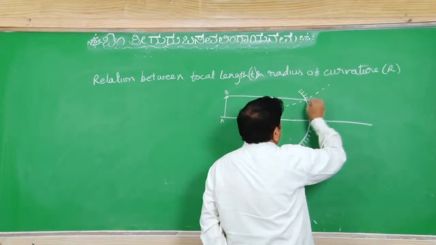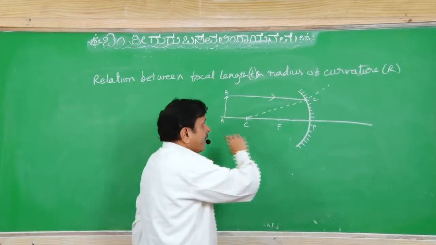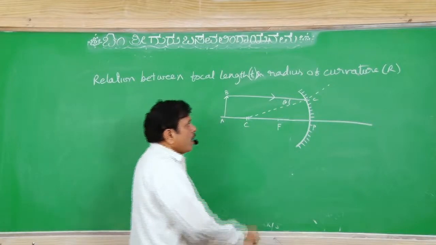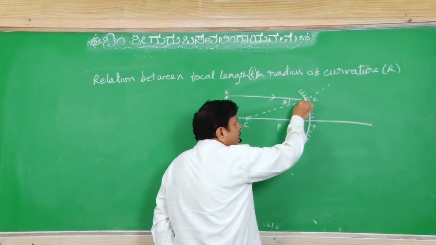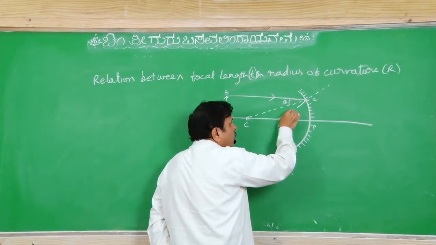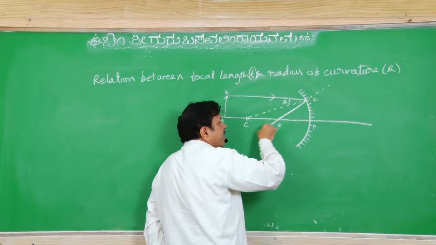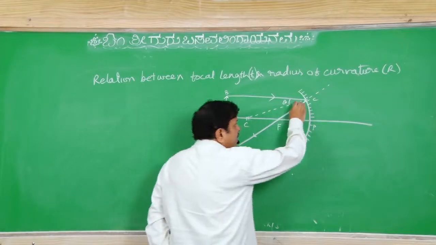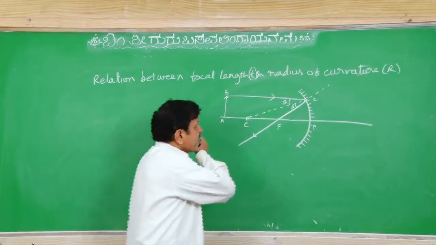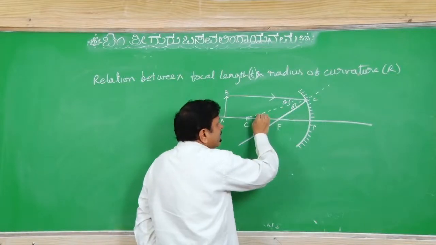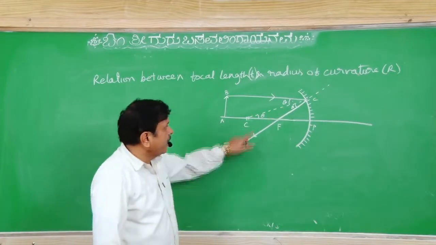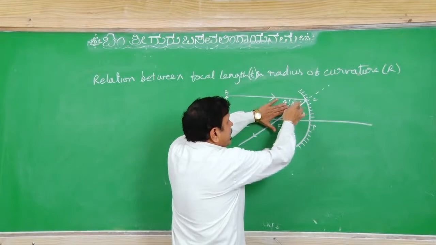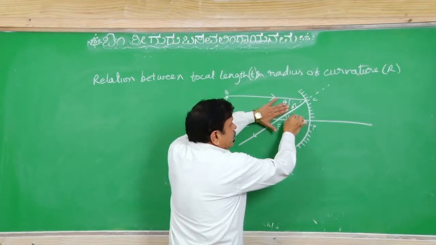Say this is a BC ray. The angle between this and the normal is theta. Now after reflection, what will happen? It will pass through principal focus. We have just now seen that after reflection, all the rays will be passing through the principal focus. Now this angle will be how much? Say it is theta. This angle and this angle are alternate angles, so they will be equal. And here, this angle and this angle will be alternate angles, they will be 2 theta.